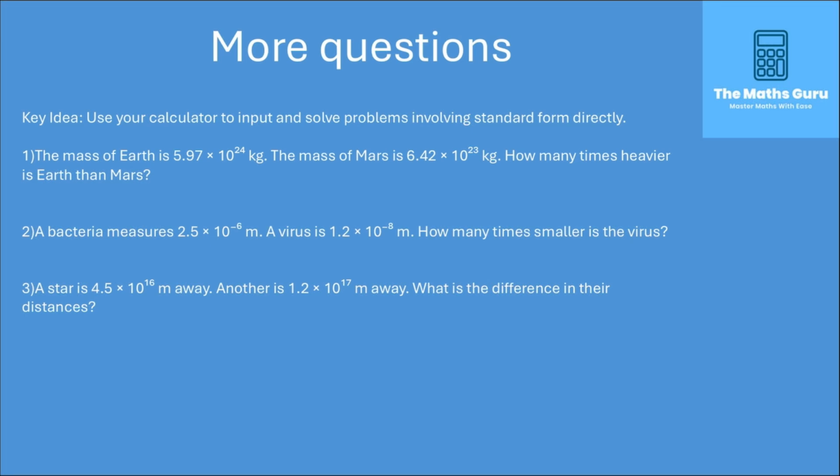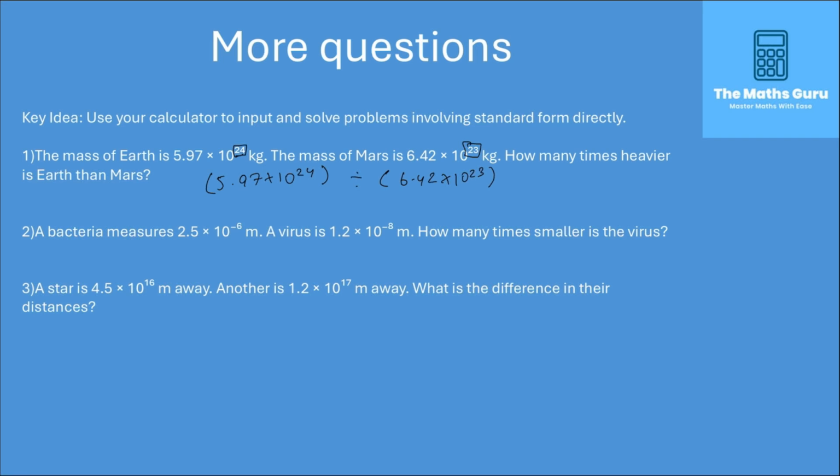So looking at these questions, I've just added some in at the end here. We can use our calculator to solve these problems. So the mass of the Earth is 5.97 times 10 to the 24. The mass of Mars is 6.42 times 10 to the 23. How many times heavier is Earth than Mars? So we apply our mass of Earth divided by our mass of Mars. And we know that Earth is going to be heavier because it's to a higher power,